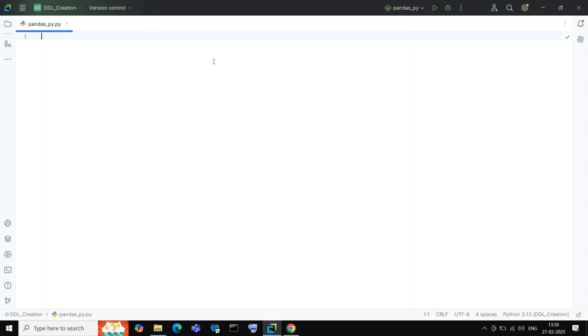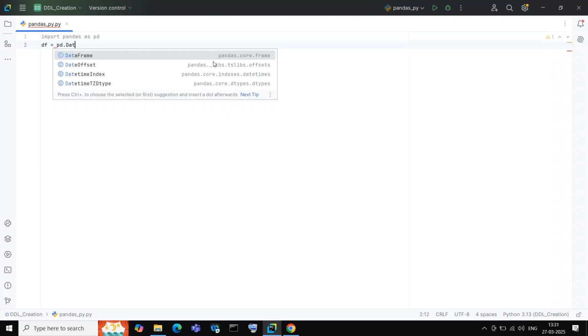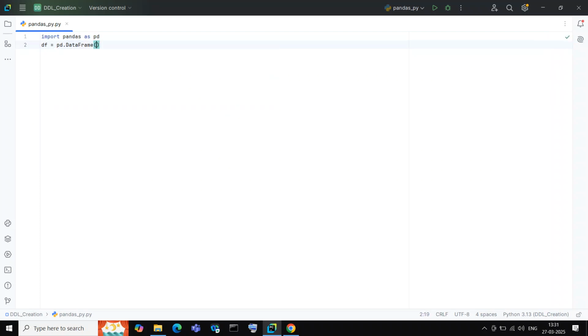Today we will see about the Python pandas data frame: how it is created, what it looks like, what the advantages are, and the pros and cons of the pandas data frame. To create the pandas data frame, first I need to import the pandas library. Import pandas as pd, and after that I need to create the data frame. Data frame df is equal to pd dot DataFrame, and here I will